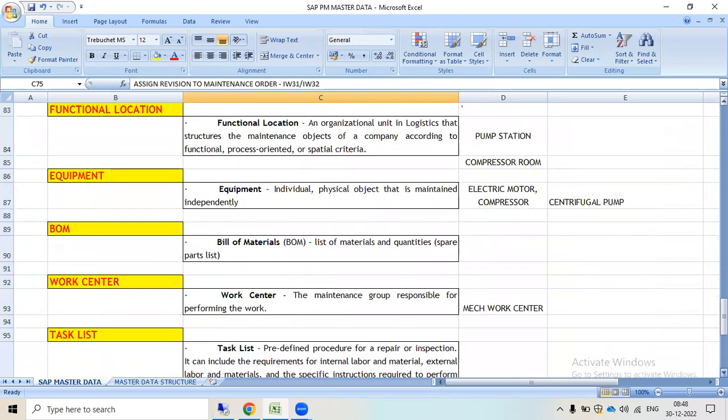What is a functional location? A functional location is an organizational unit in logistics that structures the maintenance objects of a company according to functional, process-oriented and spatial criteria. Which things come under the functional location? Suppose there is one pumping station. So we can consider it as a